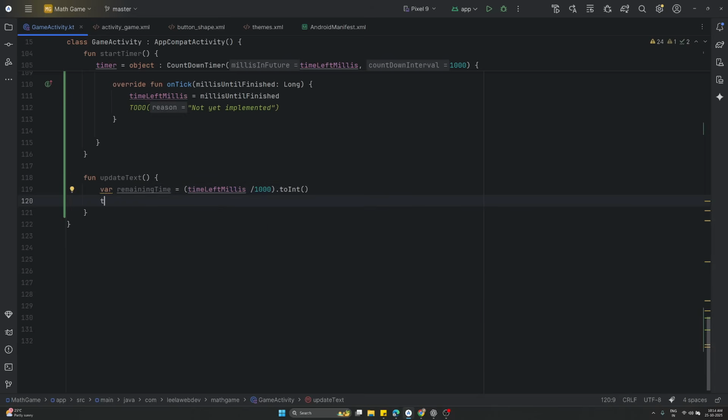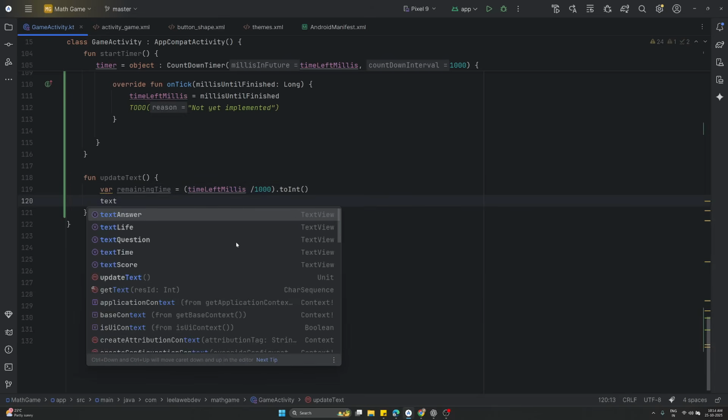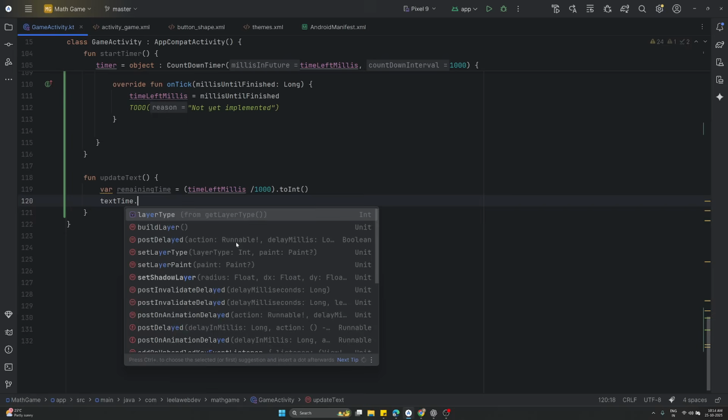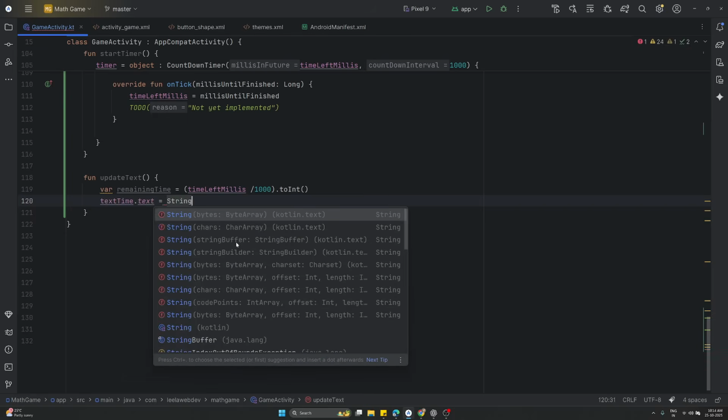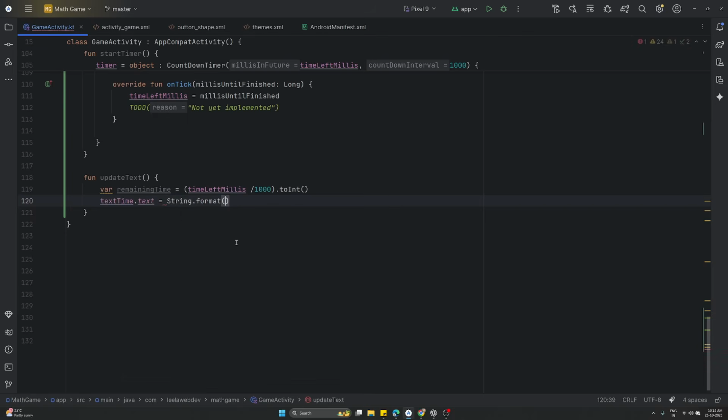So now here text time dot text equal to, so here we need to format it, string dot format of localhost dot default, and here you can give the formation percentage 0 to d, so the 2 digits will be displayed, and here I can do the remaining time. That's it. So now this converts milliseconds into seconds and shows it as a 2-digit number like 05, 04, 03,